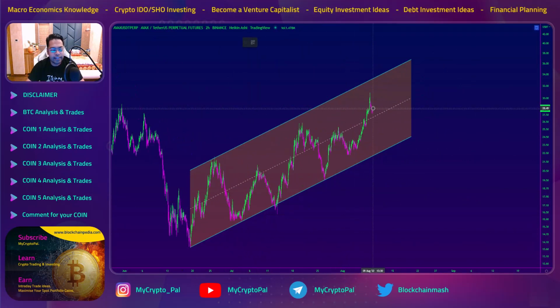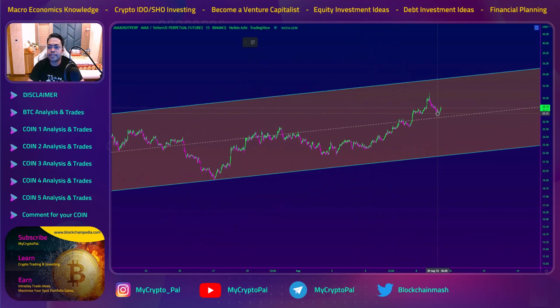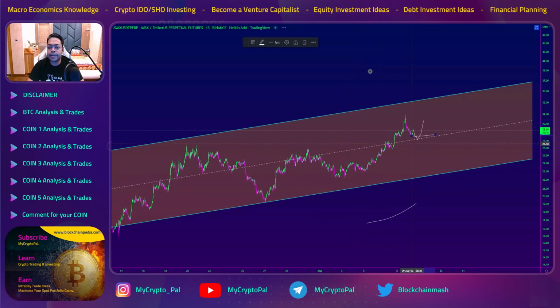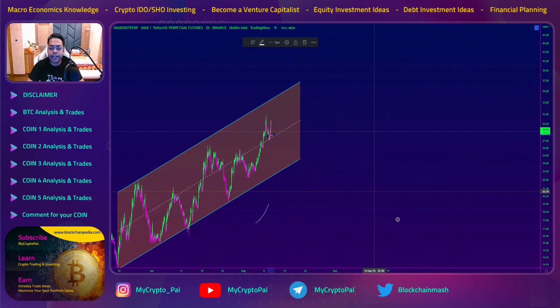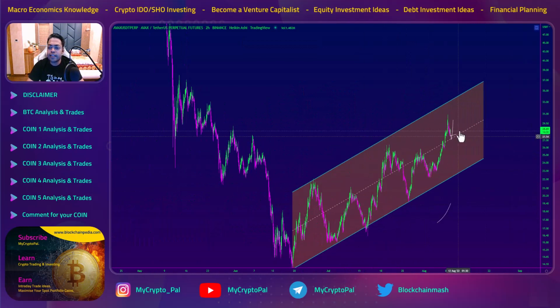Yeah, so you can see that on lower time frames, AVAX is trying to find support in the middle of the parallel channel. Now what I expect AVAX to do is at least make a corrective pattern over here, so give a lower low, and try to consolidate in the middle of the parallel channel, and then as it goes up, I'll take a swing failure trade in AVAX, and try to target the top of the channels, somewhere around this zone over here.